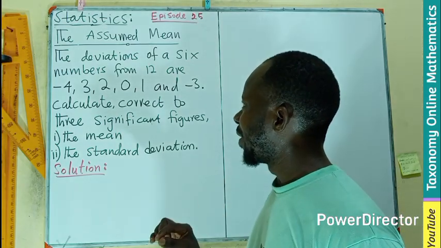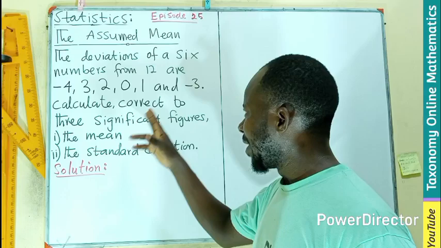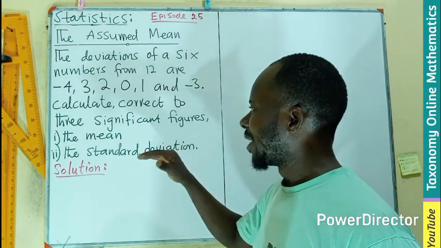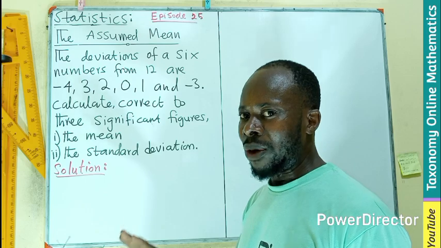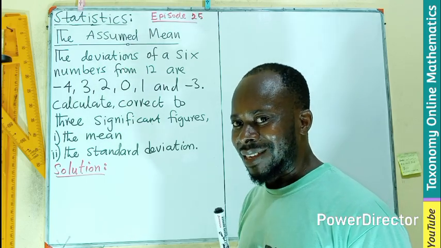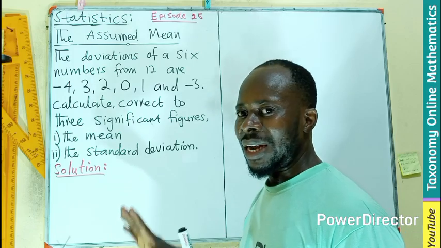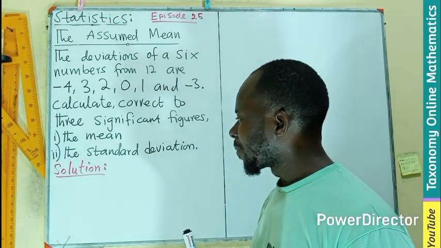So the deviation of 6 numbers from 12 are given in this form. We have to calculate the mean and the standard deviation. Now, take your time and look at the question again and see how we can get it. There are two ways we can follow. The one way is under the assumed mean, that is